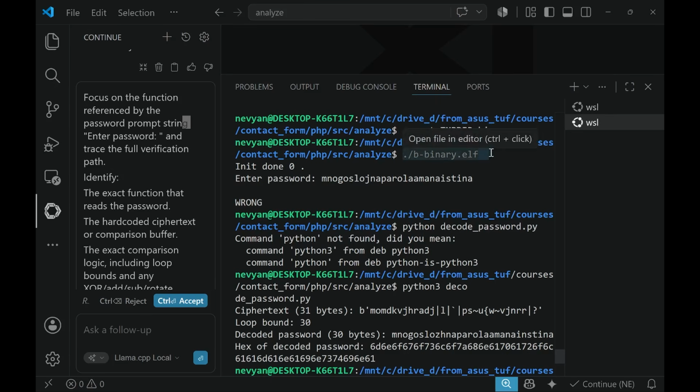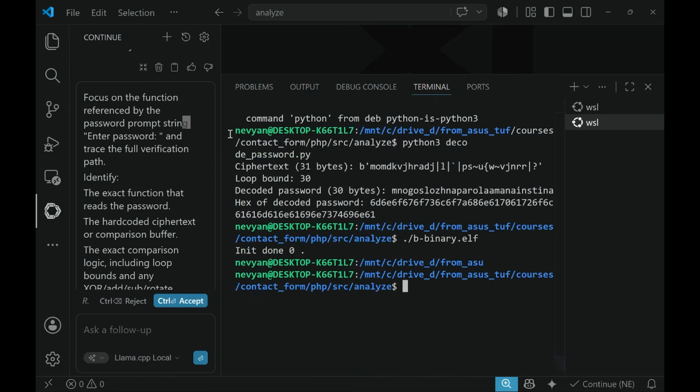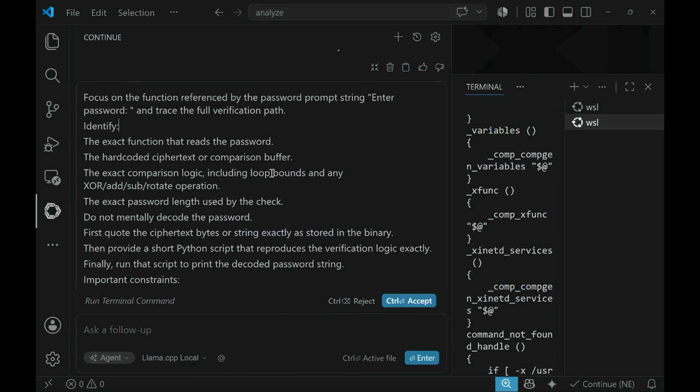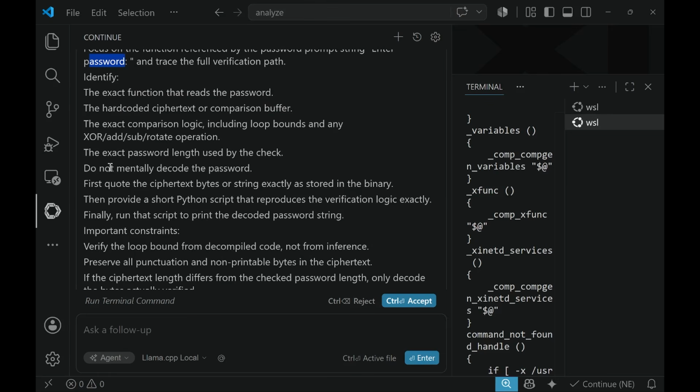Then I'm starting the binary again, and now it skips the overflow function and asks me for a password. And then comes the Python script from this prompt. So basically I'm trying again to ask for this enter password, to focus on the function around it, and to identify the exact function, the ciphertext around it, the exact comparison logic, and most importantly, not to try mentally to